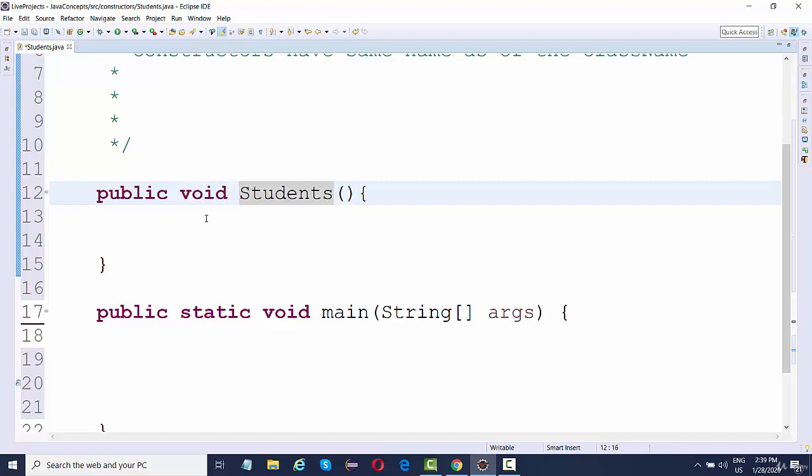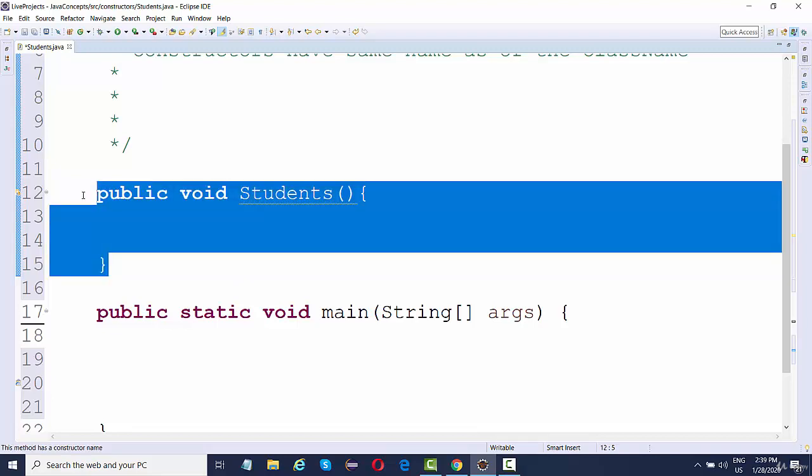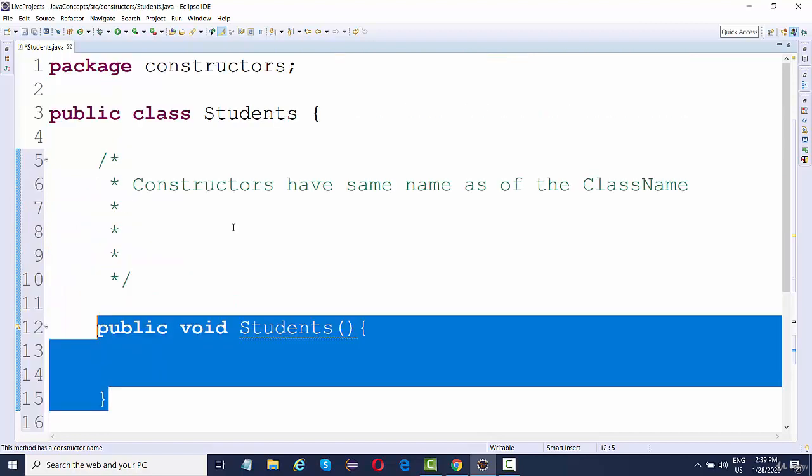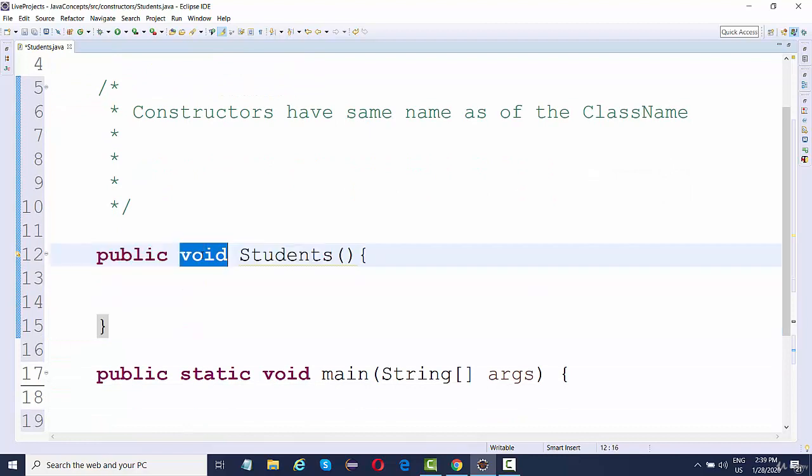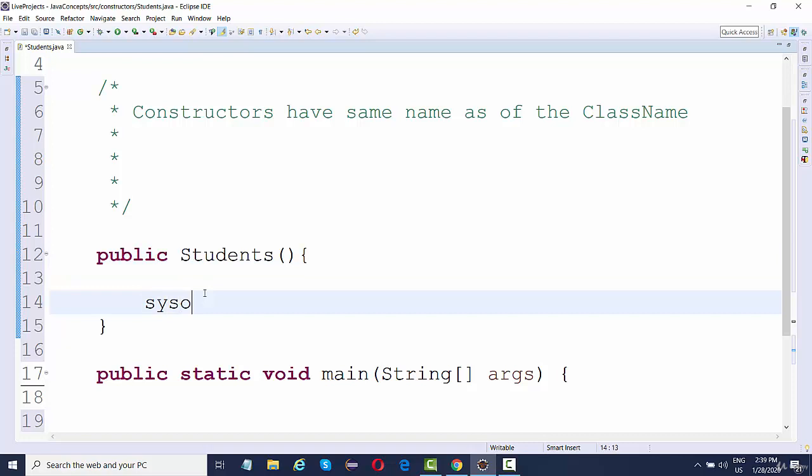If I add a return type over here, it will not throw any error. But if I add a return type, then this will act like a method. So this will now be a simple void method, and in order to call this method, we need to create an object first, and then using the reference of that object, we need to call this method. Otherwise, if I don't give a return type, and if I print something inside it, let's say I write calling constructor,